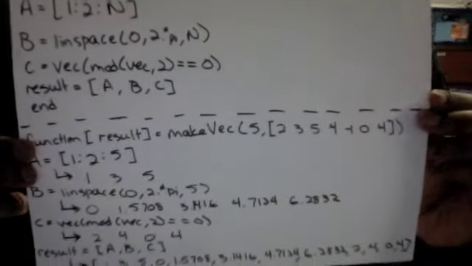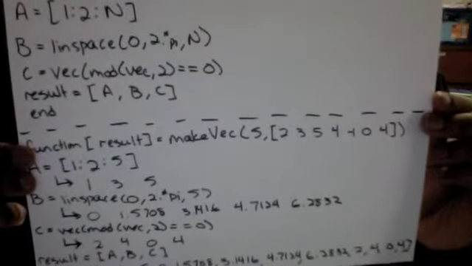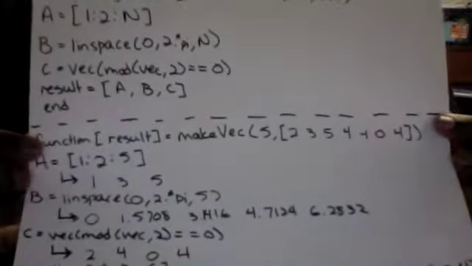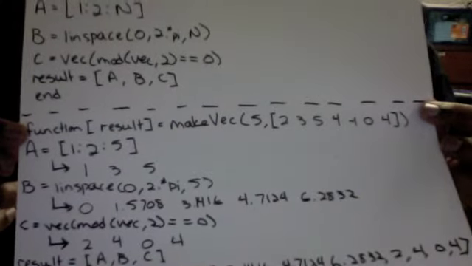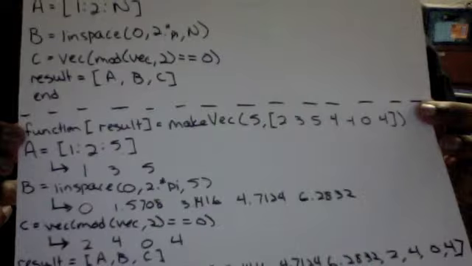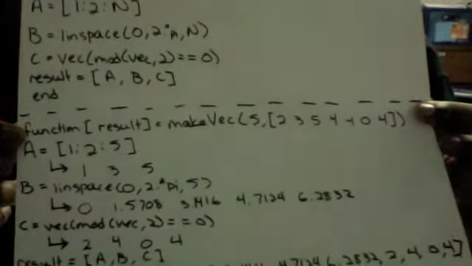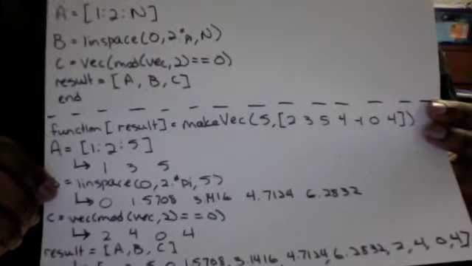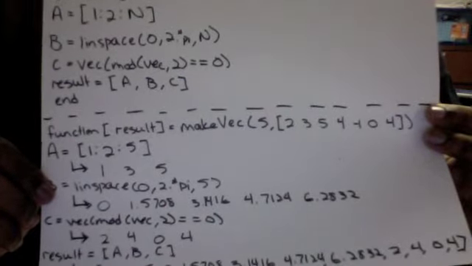And when you get that code written out, it's going to look like what's above the dotted line. So we're going to have that function. And below the dotted line, we actually have what it looks like when you're walking through what the function actually does. So if you're given n as 5 and the vector 2, 3, 5, 4, 0, 4, 1, 0, 4,